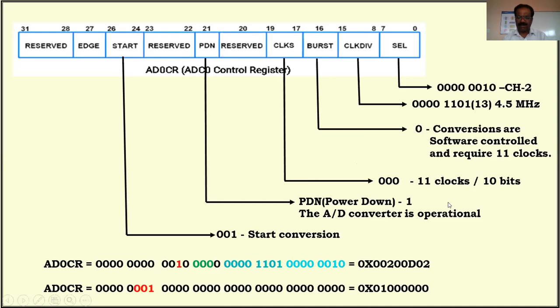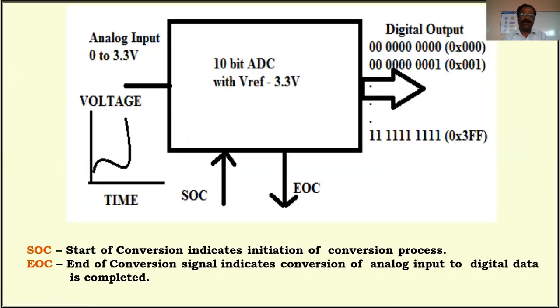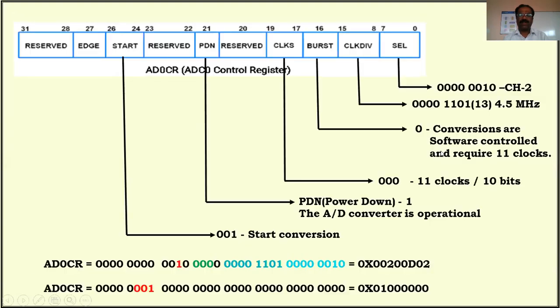We have already explained this in the previous slide. Whatever analog input we are going to provide, we have to convert that into its digital equivalent. The digital equivalent may be 8-bit, but in this case, the equivalent value is 10-bit. If it is 3.3 volts, I'm going to get the output in this way. It's in binary, in hexa, and in decimal 1023. That's the meaning of this.